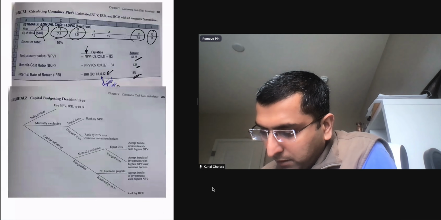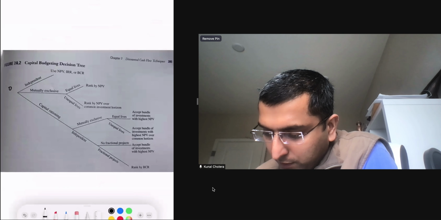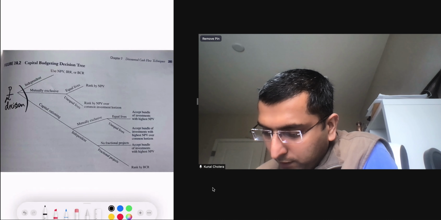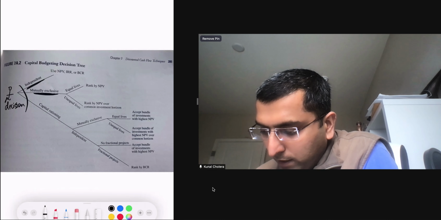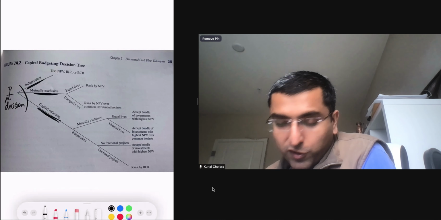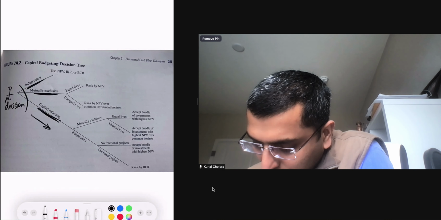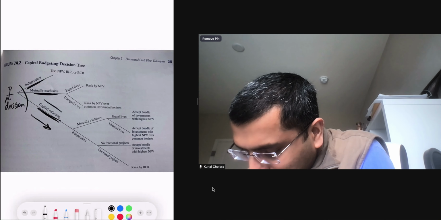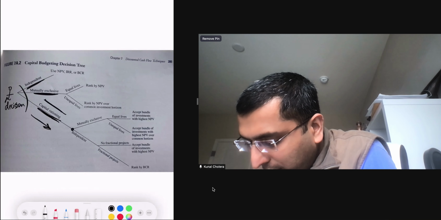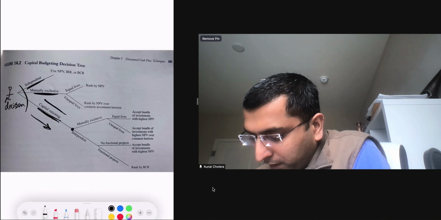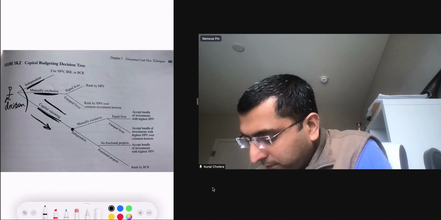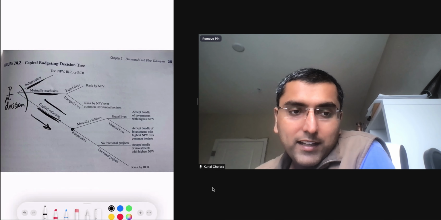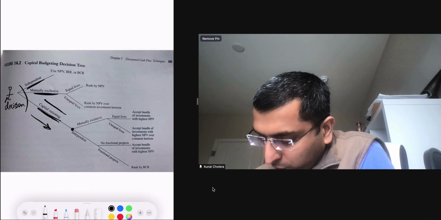Similarly, this table does a pretty good job of saying, hey, if you have an investment decision to make, what do you do? First, you have to check, what kind of decision is this? Is it an independent decision, a mutually exclusive decision, or a capital rationing based decision? Typically in real life, it's always this, right? You're always going to be in a rationing, you'll have a fixed amount of dollars, right? So you'll always go here, and then you'll find, is this mutually exclusive or independent? You could have multiple ways in which you can do the project. So you'll again go down here.